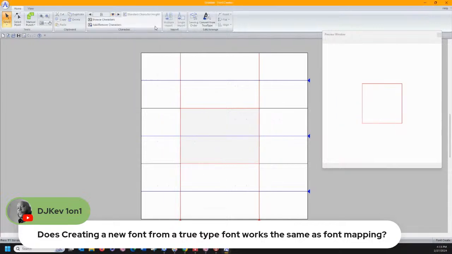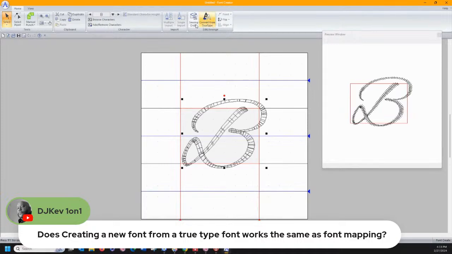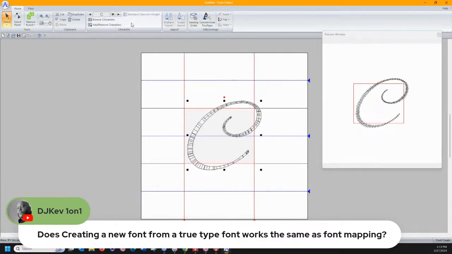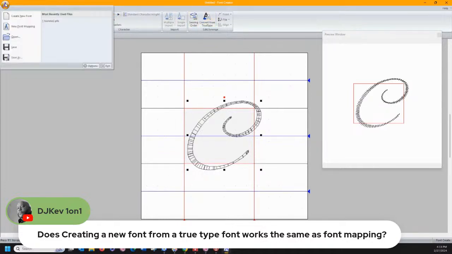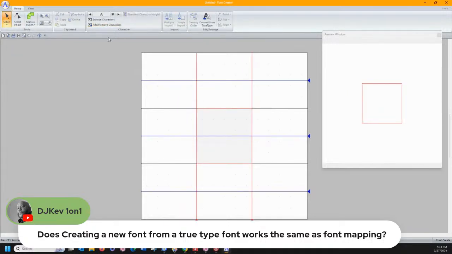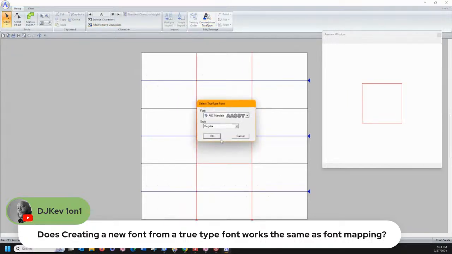And so what you want to do, though, is you want to convert to TrueType font. So let me do TrueType font.